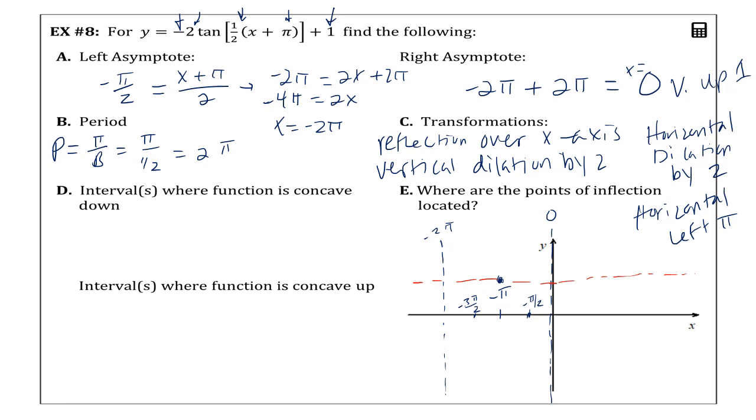And because it's negative, the reflection lets us know instead of being asymptote low, intercept high, asymptote, we're going to be asymptote high, and we're going to need to go 2 units above our midline according to our A. So instead of being at 1, we're going to be up here at 3. So we're going to go up to 3, up to 3, and then we have our intercept of our midline. Then we are going to go here. So we're at 1. 1 minus 3 is going to put us down here at